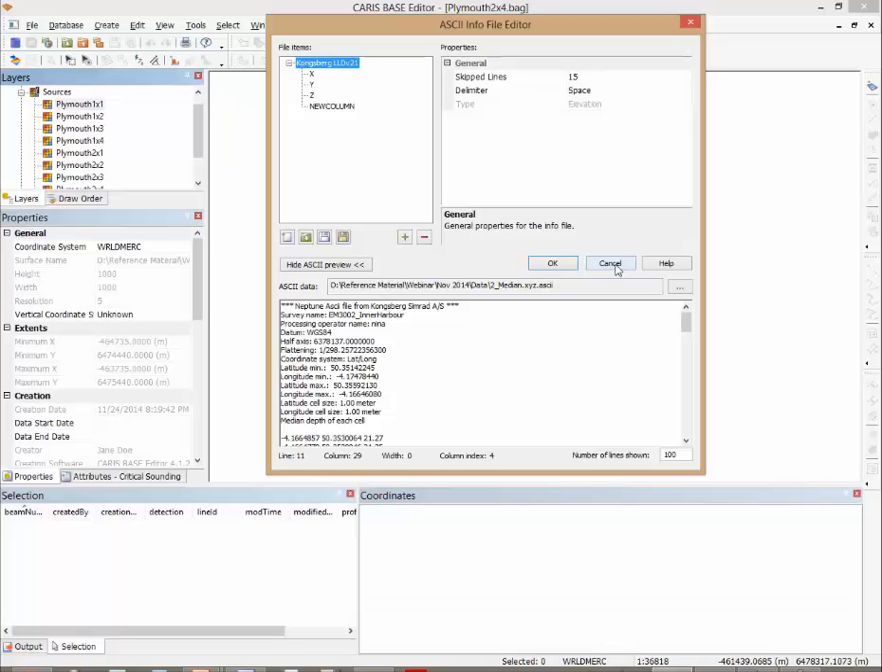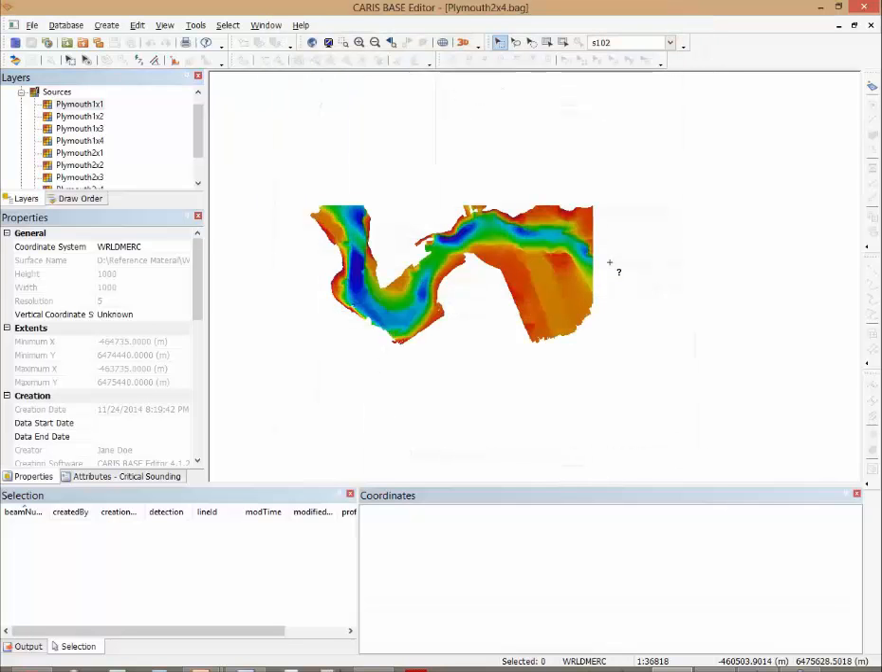So we think this is going to make people's lives a lot easier, and you're always going to have a properly formed info file, which will be nice. Another thing to note is that in addition to our new info file editor, we've also made performance improvements